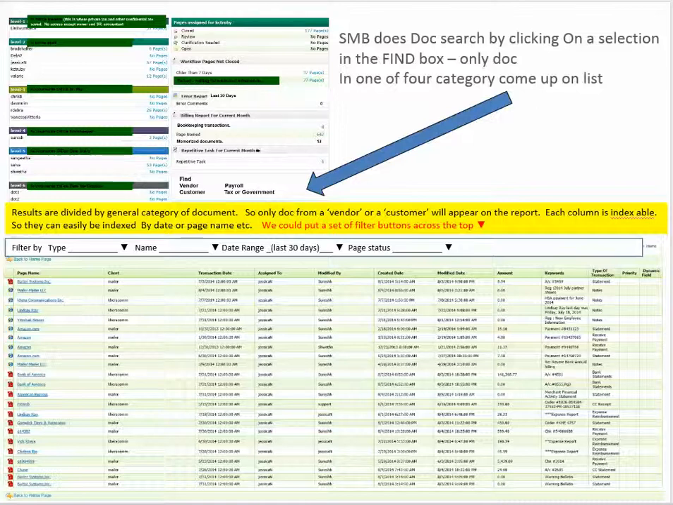Now, first way to do it is through QuickBooks. Second way, they're looking at their paperless overnight. They can click and say, I need a vendor document, a customer document, payroll document, or a tax or government document. And what they will get is a list, the same way they get a list right now, but we'll have a